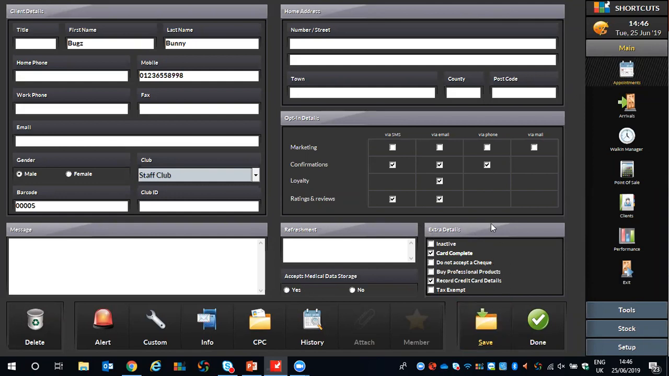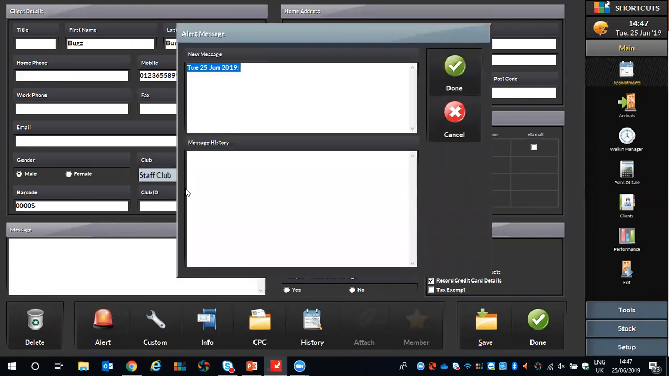Now, as we did a couple of minutes ago, we added a temporary note onto this client and to the appointment, and we also added a temporary note onto our stylist. Now what we're going to do is add a more permanent note onto this client. So you will see at the bottom just here where it says alert. We click onto that, and we can write in the big white message history box,